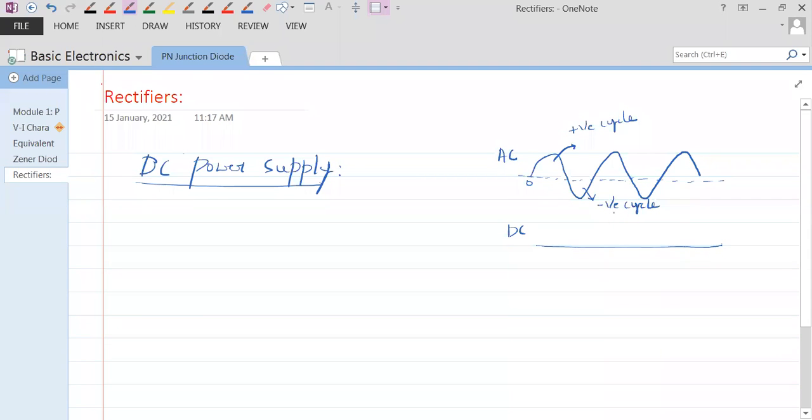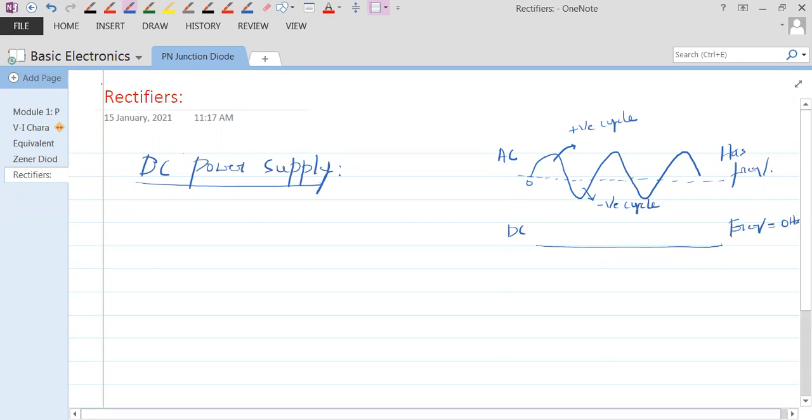Okay, so AC signals are those which are alternating in nature. So that is called as alternating current signal. DC is not alternating. DC is like this. There is zero variation. Understand that? So this AC has frequency. The frequency of DC power supply or DC signal is 0 hertz.